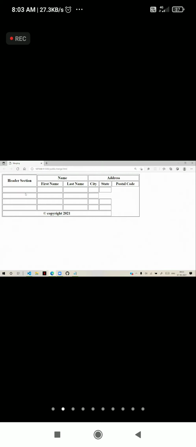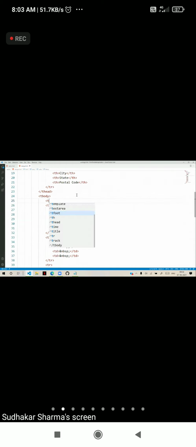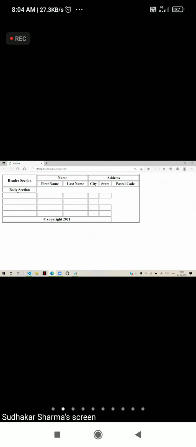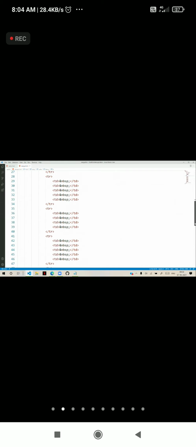Now, similarly, this is the body section. Let's go to the body. I am adding a row with a TH. So this is the body section, and you can see the body section here. I want this to merge, including the first one, 1, 2, 3, 4, 5 rows. Then we will put rowspan as 5. Similarly, I need to define the cells, so here I need to define the column.